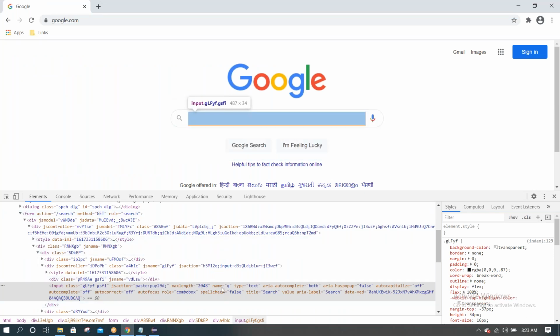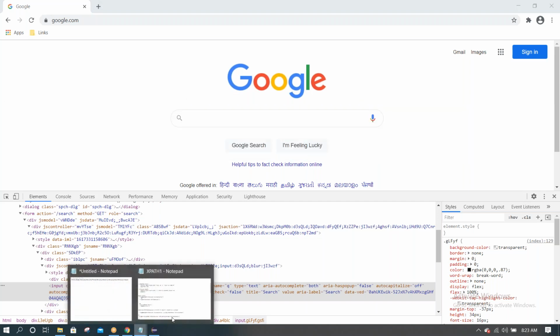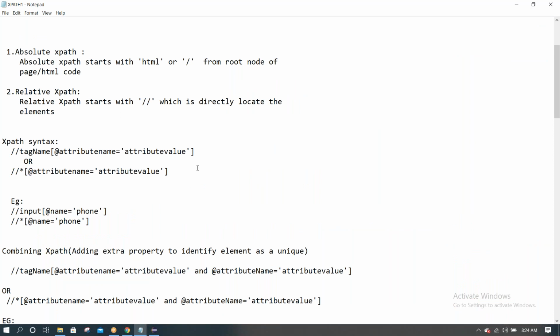Now for this element we already have name equal to q, so we can write a script by using name. If that works successfully without interruption, then it is fine, and there is no need to write an XPath. Still, if you want to write an XPath, we can do that as well. First we will see how to write a general XPath, and we'll see other examples as well, so that you will get more confident about why we need to use XPath and what the need for writing a relative XPath is. Okay, so now the relative XPath general syntax is this one.